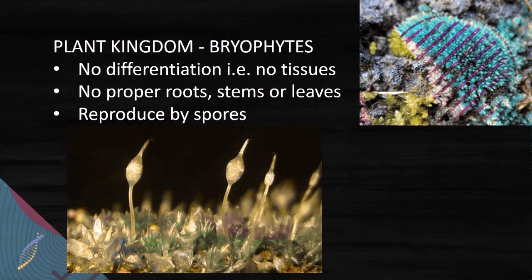Of these green plants with cell walls, there are different degrees of differentiation. Some of them have tissues, some of them don't. Some of them have proper roots, stems and leaves, some of them don't. And in grade 10, you actually had a look at what roots, stems and leaves look like and what plant tissues actually look like. There are 4 phyla or groups in the plant kingdom, and the first one is the group